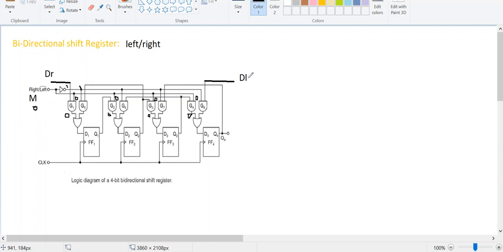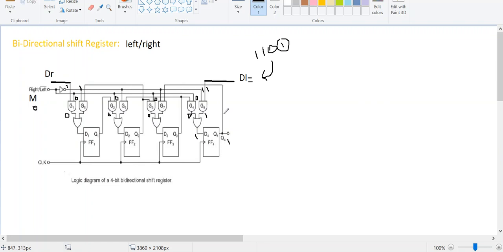Let us consider my DL to be 1101, the information I would like to give. Now this 1 is given at DL, and M is also equal to 1. Therefore 1 and 1, both inputs of this G8 AND gate, give the output as 1. So 1 with the OR gate gives the resultant as 1. If the input for the D flip-flop 4 is 1, you will get the output as 1.